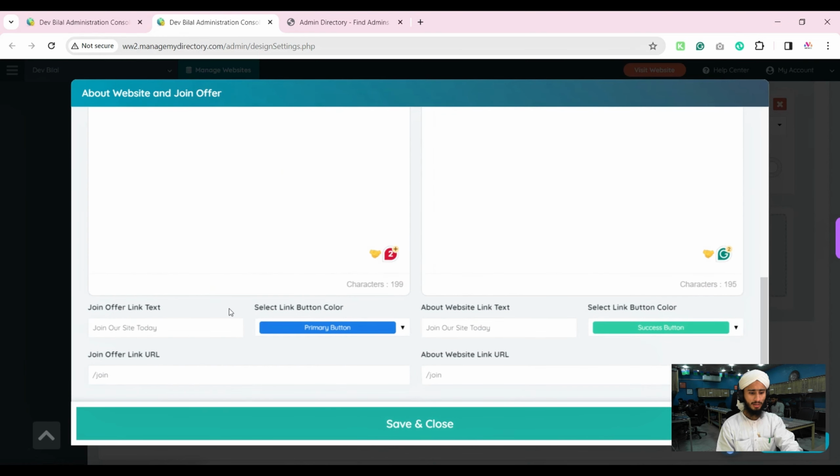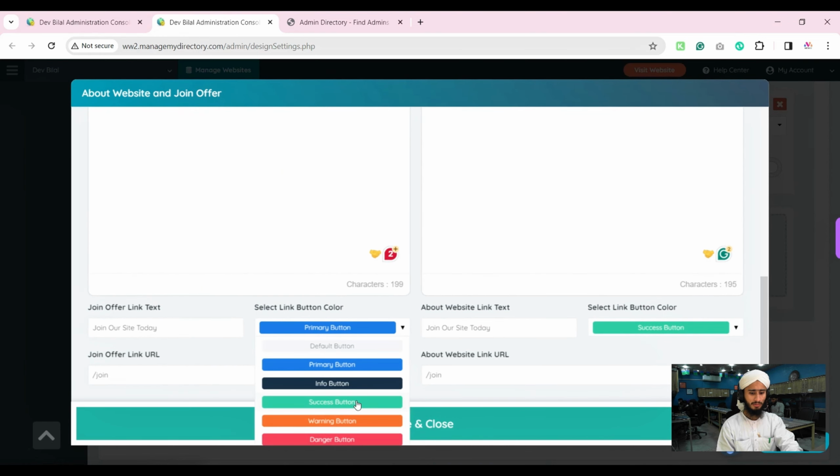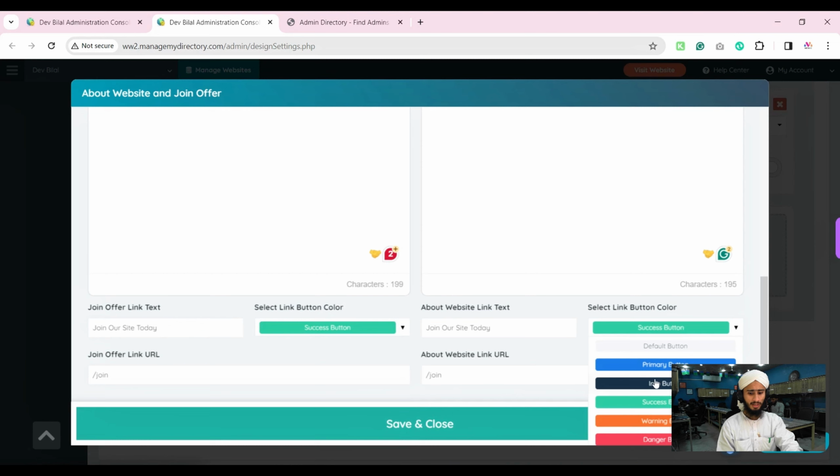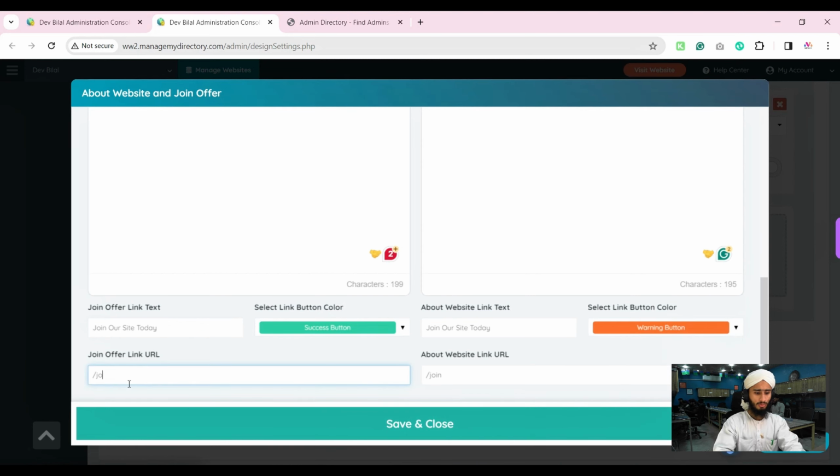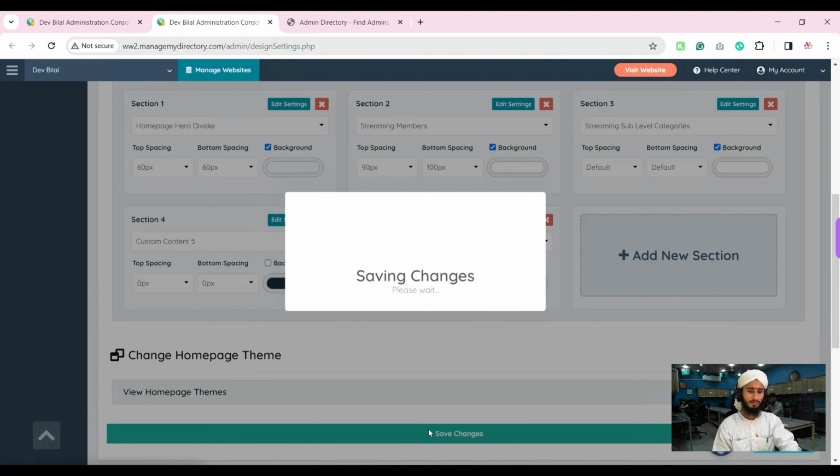And here you can change the color buttons. I will make it success buttons and make it warning button with yellow, and it should go to events, and the URL of this button should go to search result. For example, join our site today, see upcoming events. Okay, save and close,